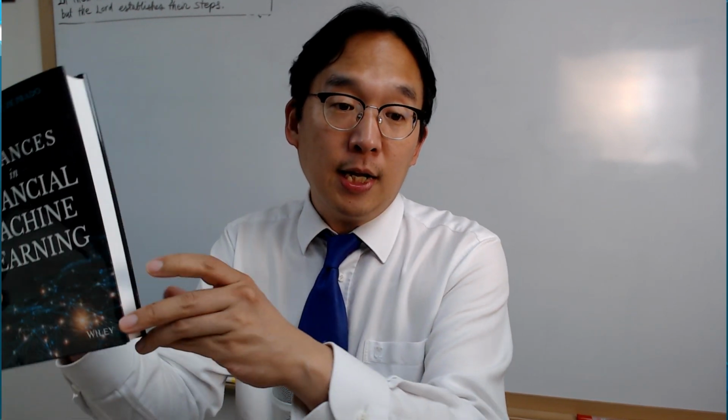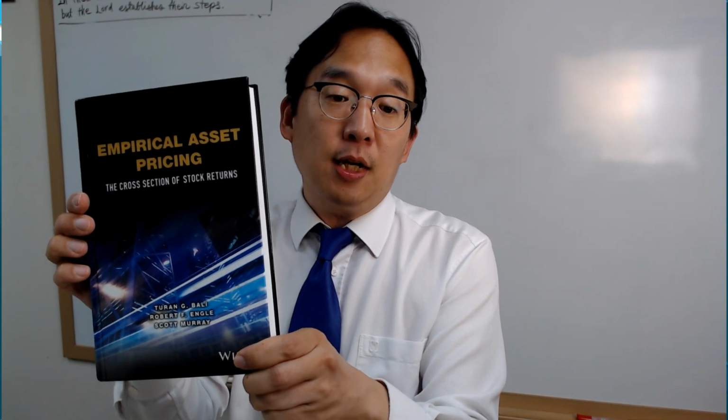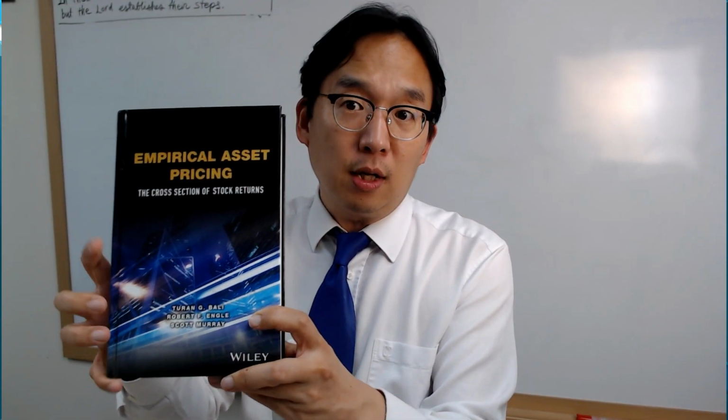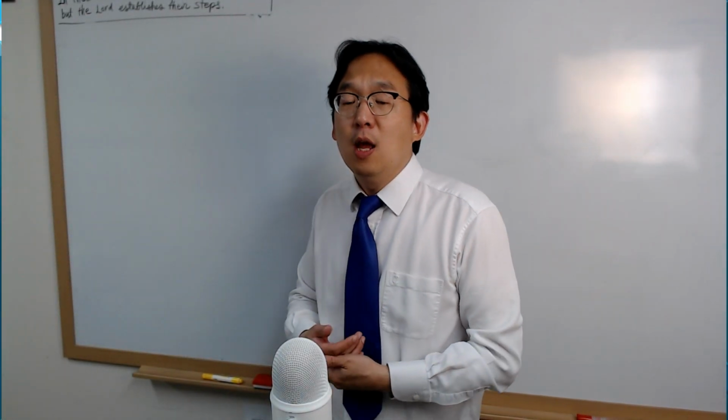And talking about machine learning in finance, maybe some of you may like this book by Lopez de Prado. That's something you could try. And this one, Empirical Asset Pricing by Bali, Engle, Murray. Is that Engle, Nobel laureate Engle? Yes. Empirical Asset Pricing is the fundamental one for your understanding of quantitative finance, and it has a lot to do with behavioral finance as well. So you can do it for your own self-study in the future. Anyway, let's move on to the class material today.